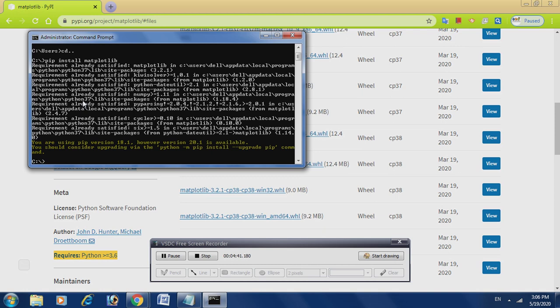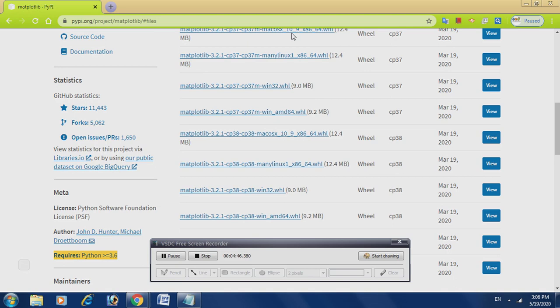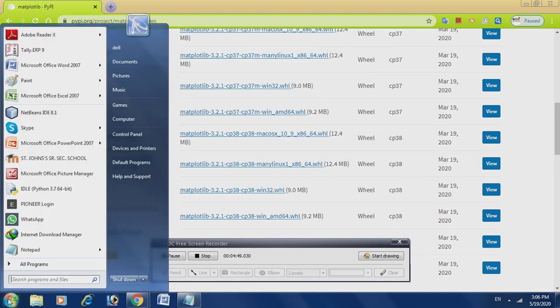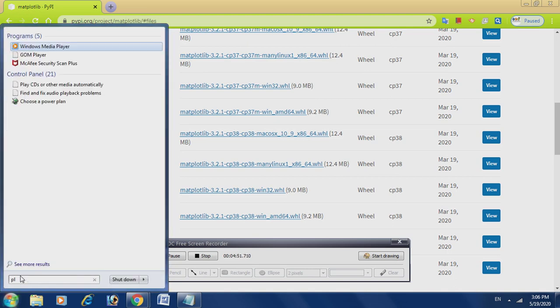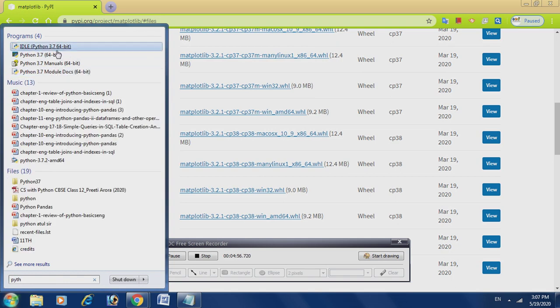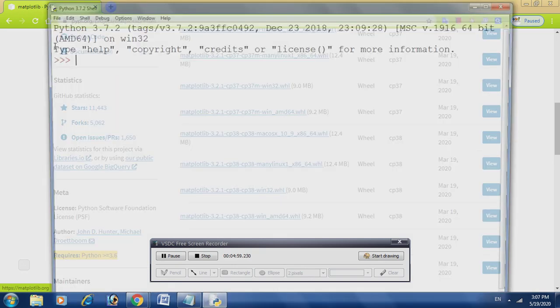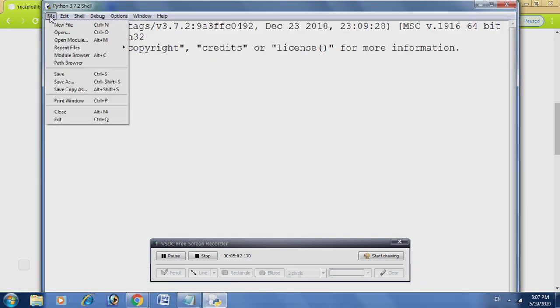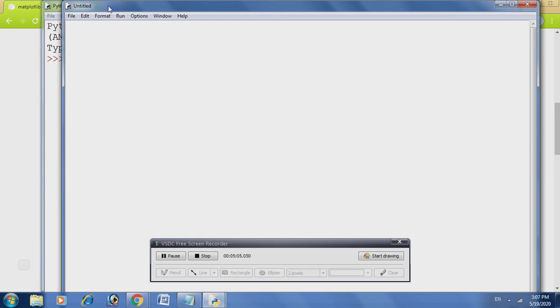After that, you just close this window and go for your Python IDLE, where you were performing your practicals last year also. This is my Python IDLE. Okay, for a new file to create my program, as I discussed, from the matplotlib library we will call the pyplot library. The pyplot library will give us the interface to plot the graph and to show the output also.